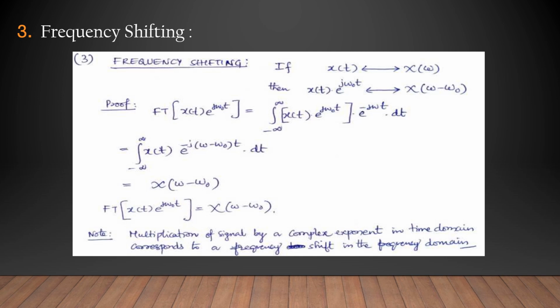The proof of the frequency shifting is given as follows. When the Fourier transform is applied to x of t into e power j omega naught t, it will exhibit the integration of minus infinity to plus infinity of x of t into e power j omega naught t, whole bracket, e power minus j omega t into dt. Therefore, the integration of minus infinity to plus infinity of x of t into e power minus j (omega minus omega naught) t into dt. As we know, when the bases are the same, the powers should be added. As we know the standard equation of the Fourier transform, the whole equation is given as X of omega minus omega naught. Therefore, the Fourier transform of x of t into e power j omega naught t is equated as X of omega minus